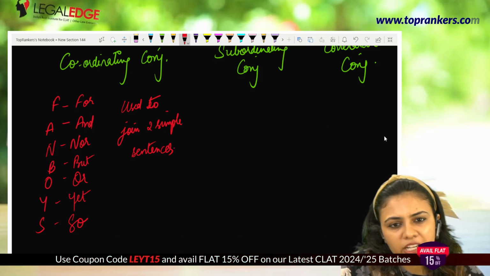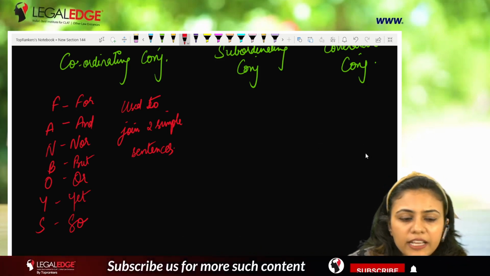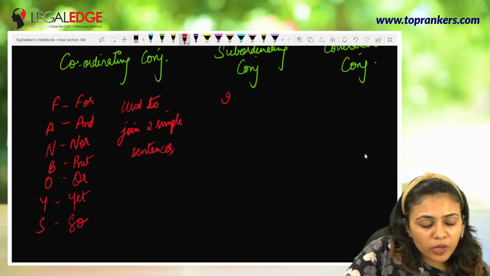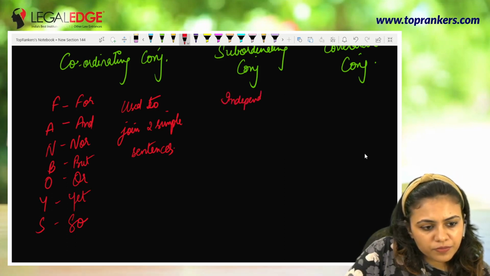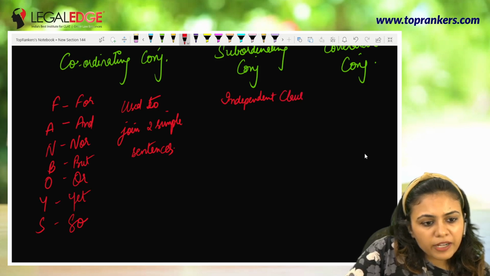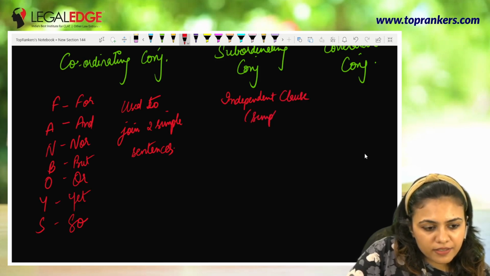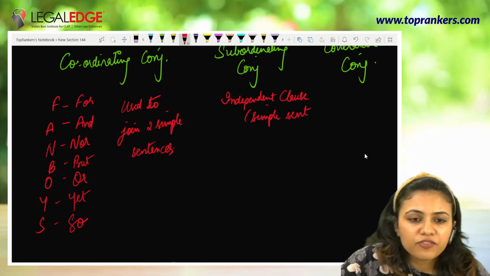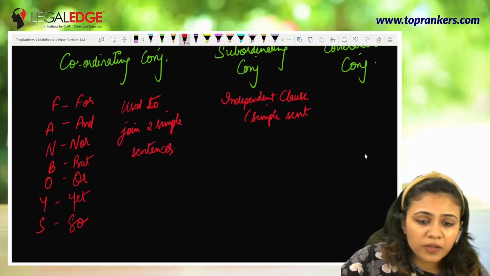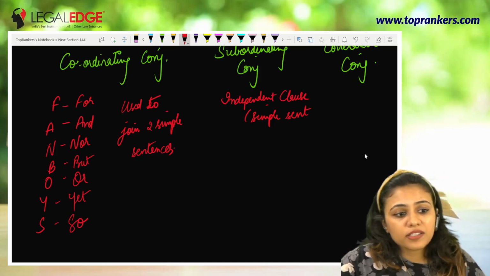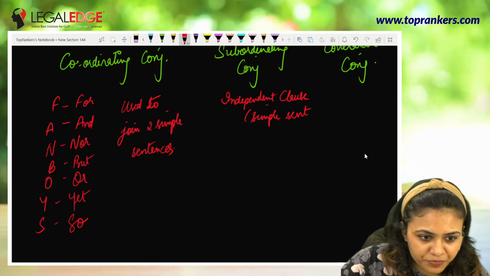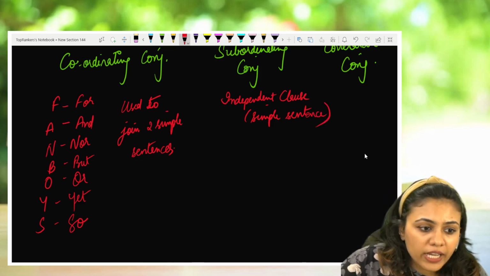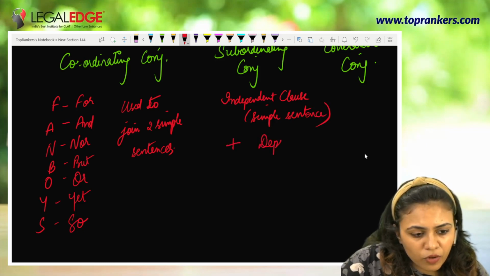When I talk about subordinating conjunction, it's a little complicated. यहाँ पे dependent and independent clauses की बात होती है. So it's used to join one independent clause. Independent clause का मतलब ही होता है एक simple sentence, जो कि can stand alone, which does not need any help. For example, it has a subject as well as a verb. She sings sweetly. Now, this is basically an independent clause. Okay. Now, when I talk about joining an independent clause with a dependent clause,